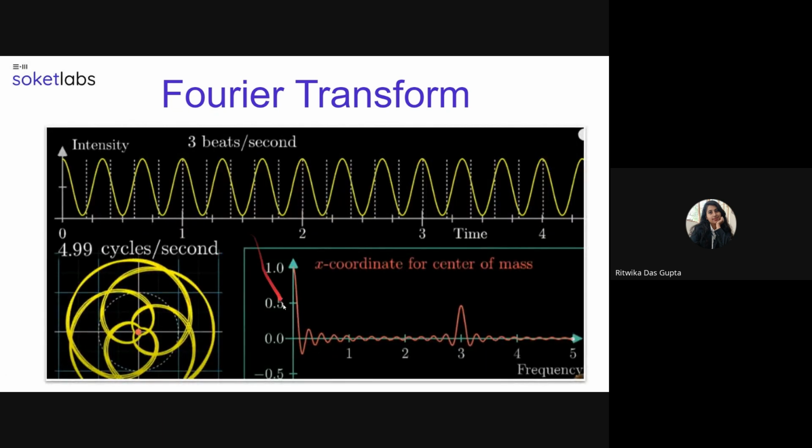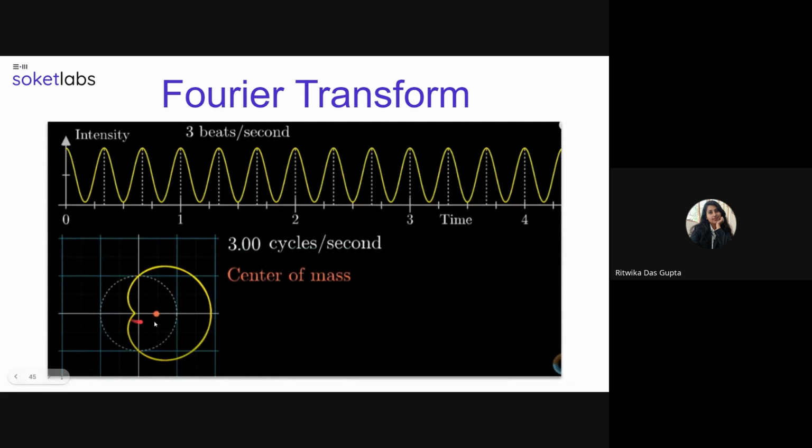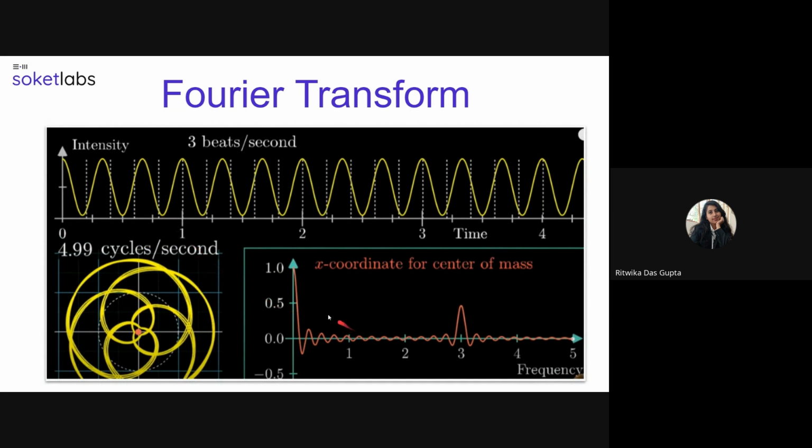So our task is to plot this particular center of mass and how it moves as the rotating vector keeps moving. When we plot the center of mass, it is shown that initially it was at a higher position because we didn't have any waveform. And then as the waveform, the vector, started oscillating, the center of mass remained towards the origin. And then finally at 3 beats per second, a peak was found. And this peak will help us understand what kind of pitch is formed in the particular graph.